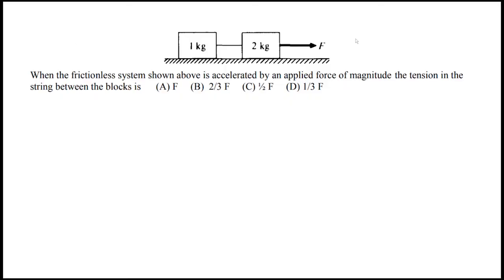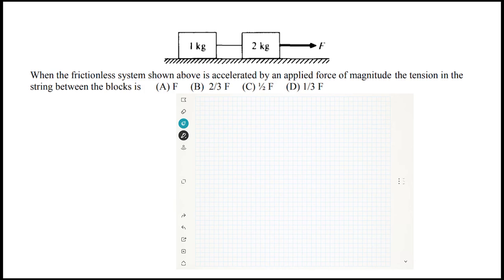This second question here is, when the frictionless system shown above is accelerated by an applied force of magnitude F, typo right there, the tension in the string between the blocks is, and then we choose. So because it's a frictionless system, there is no opposing force to the applied force. So if I draw that down right now,